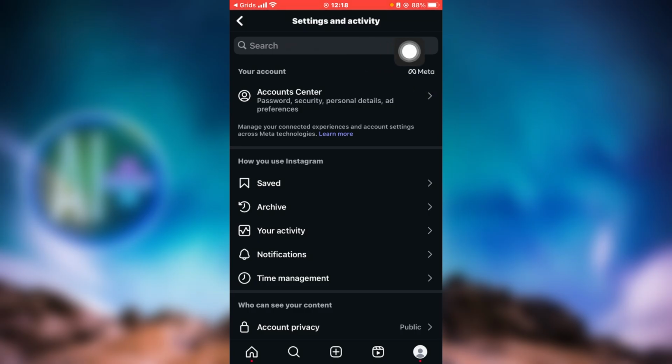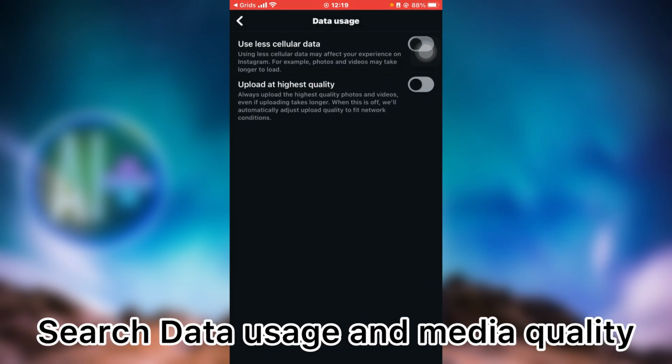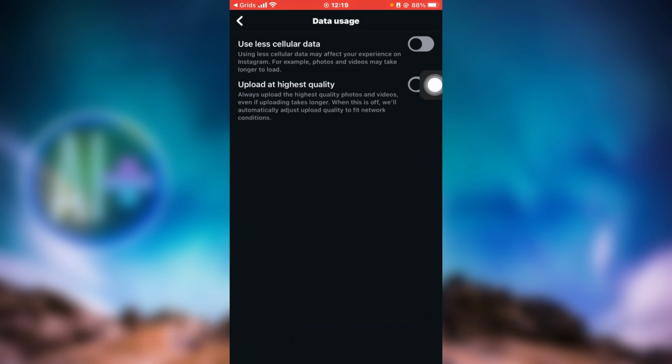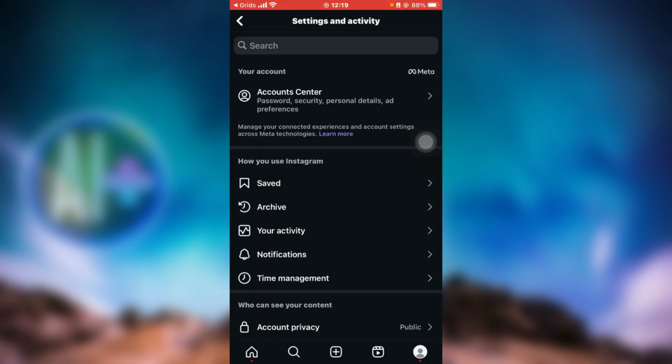So what you're going to do is click on the search and search for data usage and media quality, and over here you gotta toggle on this option that says upload at highest quality. So just toggle it on, and then you're gonna go back and go to these three horizontal lines again to